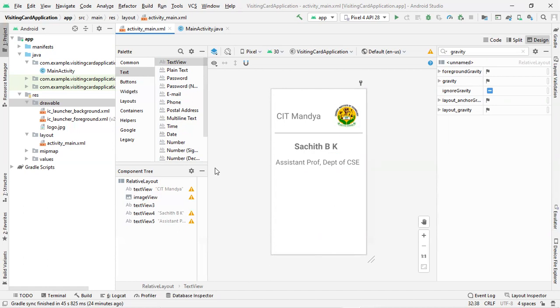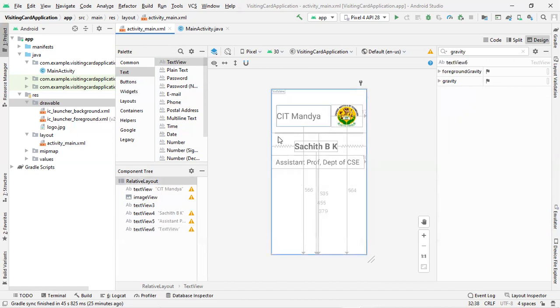Once the designation has been given, the next thing is you need to add one more text view component by giving the address of the employee. So let me add one more text view component which gives the address of the employee. Just align the position.